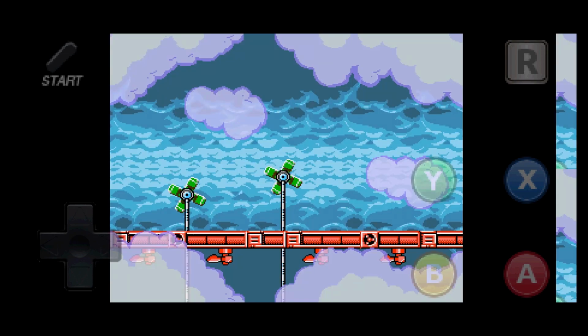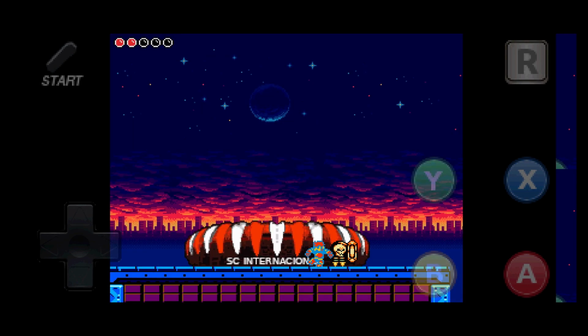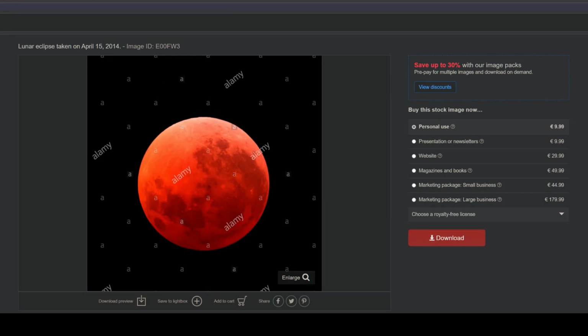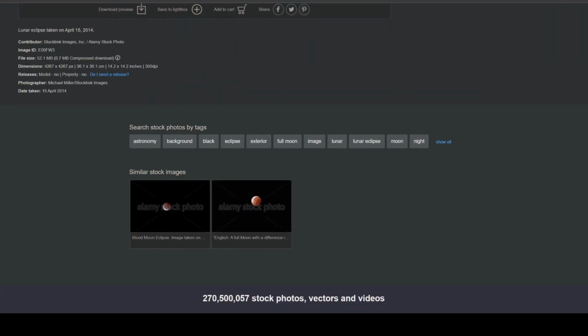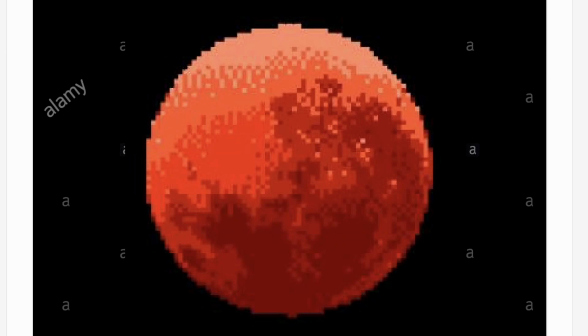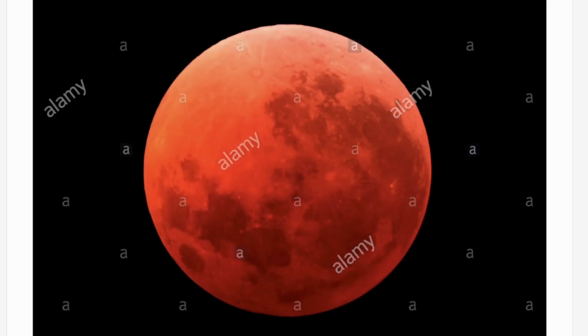But some of these are indeed from open source and freely distributed sources, so those are okay to use, such as this background here. But then this red moon, for example, is from a stock photo page called Alamy, however you want to say that. And the moon has just been pixelated. Well, I'm sure he bought this picture of the lunar eclipse taken on April 15, 2014, and then pixelated it after. You wouldn't just remove the watermark, right? If you look at the points where the watermarks were...